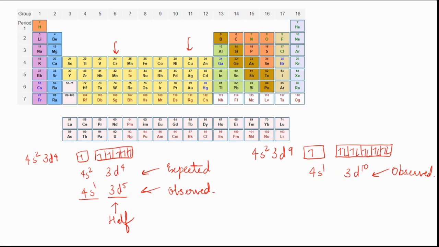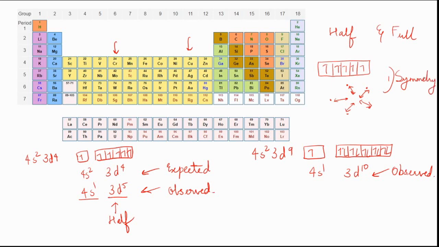Okay. Now, why do we have a half and full-filled stability? If I consider a half-filled stability in case of d, there are two major reasons. One being the symmetry. Since electrons are present in all the orbitals at various positions of the d orbital, none of the electrons shields other electrons. One of the electrons is not being shielded or stopped by the other electrons. All of them are getting equal attraction from the nucleus. So the symmetry always introduces stability into the system. So the first reason being symmetry.